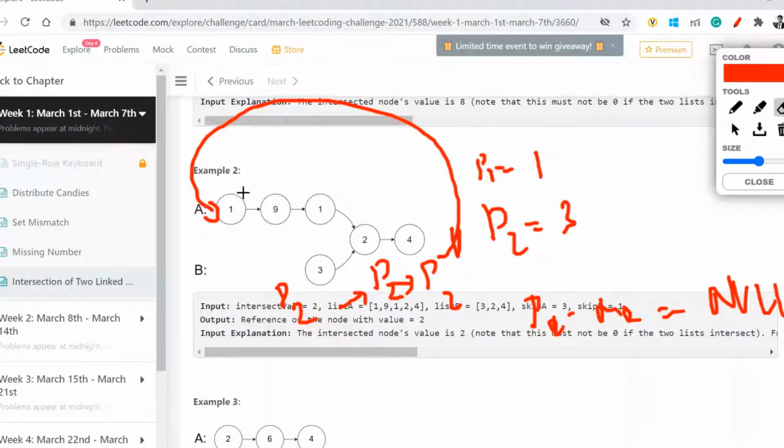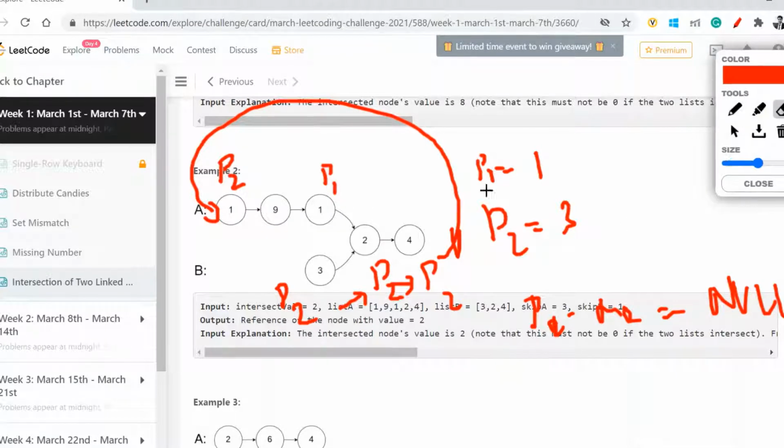If my p2 reaches the end, I'll point p2 to my p1 linked list. And if you remember, I was at p1 at this place. So the moment my p2 became null, I made p2 at this position and my p1 will move to its next one.